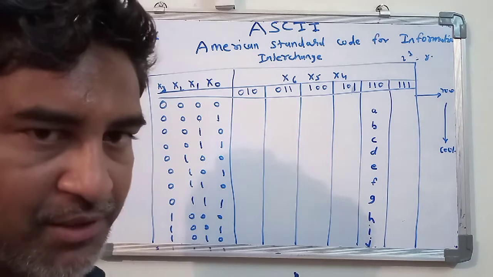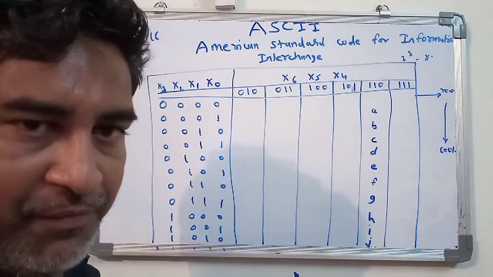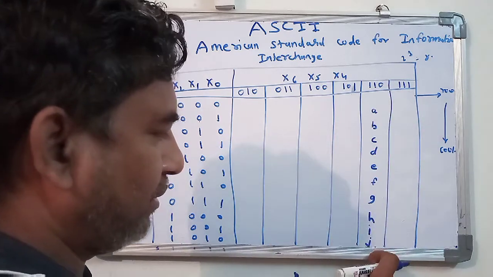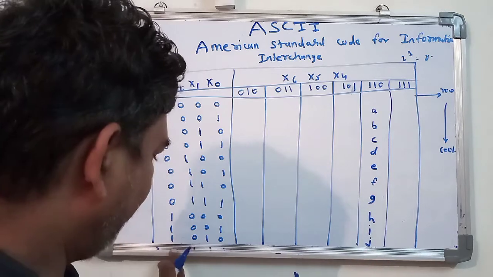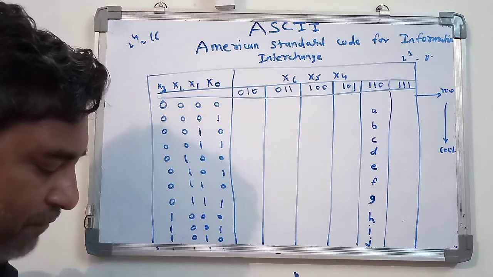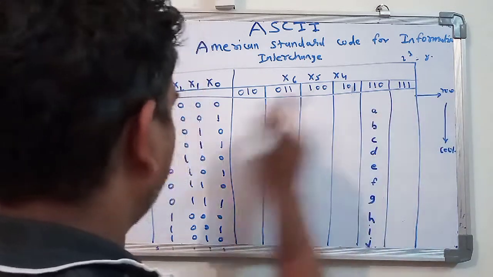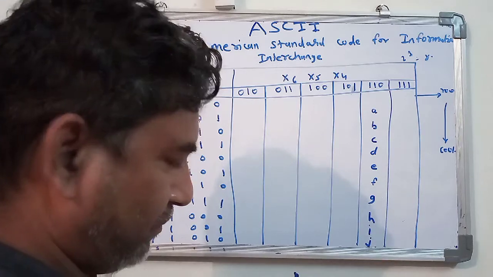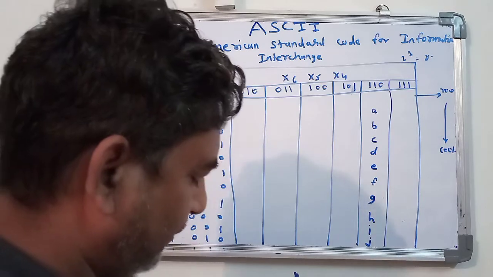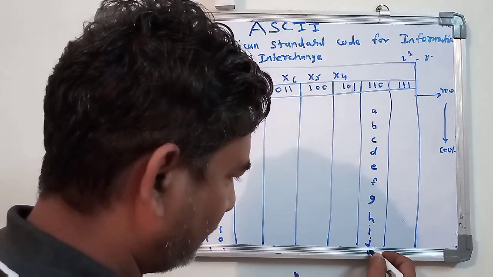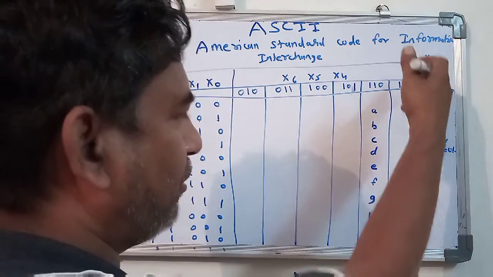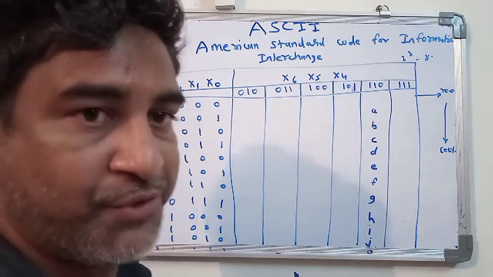After that there are also the numbers 11, 12, 13, 14, 15, up to 15, which means 1111. You have to write down the letters. For 1111 you have the letter N, wherever there is an N, and here are the numbers. At the end of 1111 there is the letter that is small o. It is small o, and then again you have to write down the whole sequence up to Z.